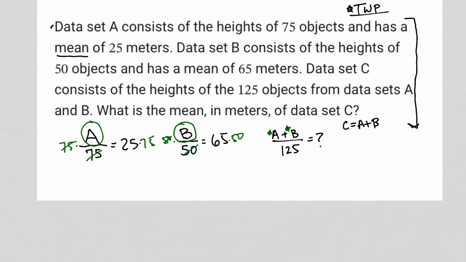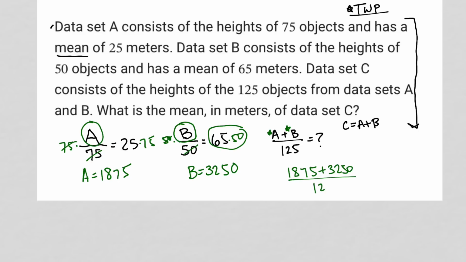So for A, 25 times 75 is 1875. So A is equal to 1875. And for B, 50 times 65 is 3,250. So B is equal to 3250. And then I go over here to my final fraction, and I can just add 1875 plus 3250,